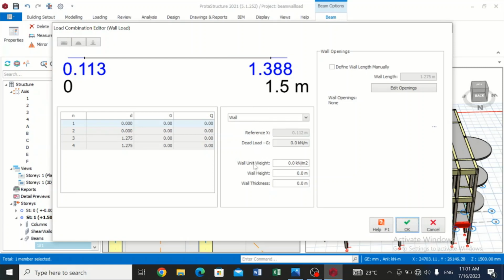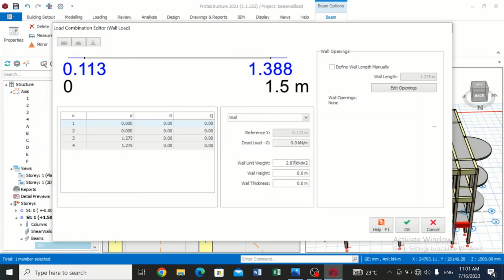Now pay attention. For the wall unit weight, we have two kinds of blocks. We have the block of 225 millimeter. It has a wall unit weight of 2.87 kilonewton per meter square. Then a block of 150 millimeter has a wall unit weight of 2.158. For this building, I'll be using a block work of 225 millimeter. So I'm going to make use of a wall unit weight of 2.87